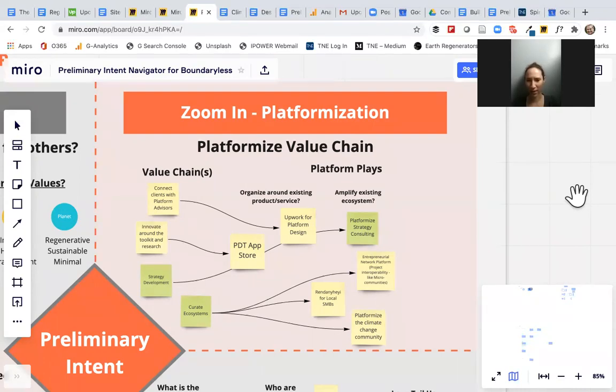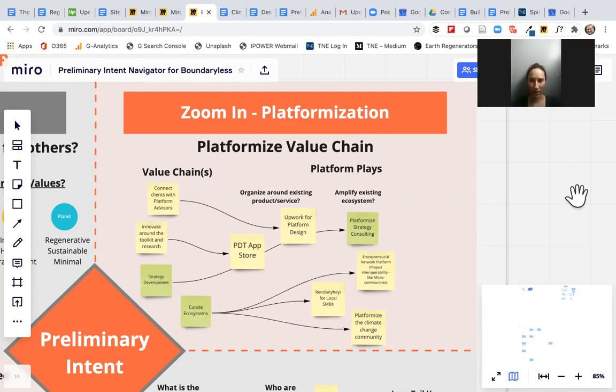Anything else you want to comment on that, Dave? Yeah, I was just going to say that as you're zooming in on this, it makes sense to have people talk about very specific ideas that are coming to mind as they're being creative. And then I think the way that we've done it a number of times is once you come up with those ideas, it is a process of starting to zoom out, which prepares you for going to the next quadrant as you identify the value chains associated with each of these ideas, to understand how they play in a broader value chain. Yeah, so that was the only other comment I wanted to make.